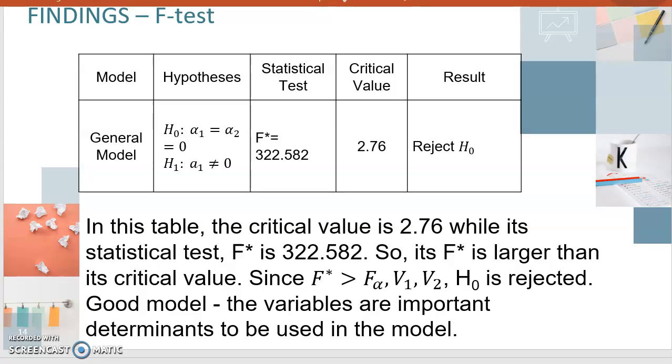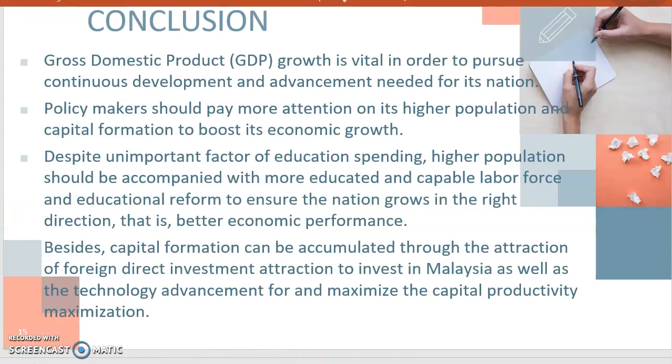So lastly, from the F test here, we see that this model is a good model since the F star is more than its critical value. So when it's more than the critical value, it means that we have to reject H null. So all the 5 variables are important determinants that can be used to determine real GDP in the model. Then to conclude,